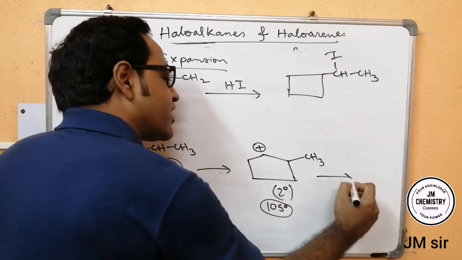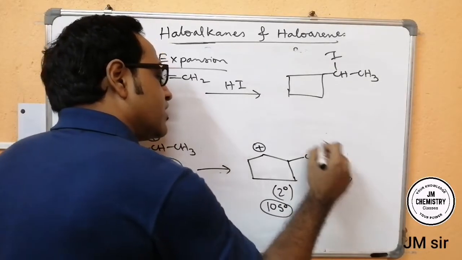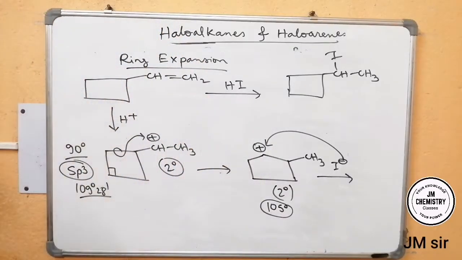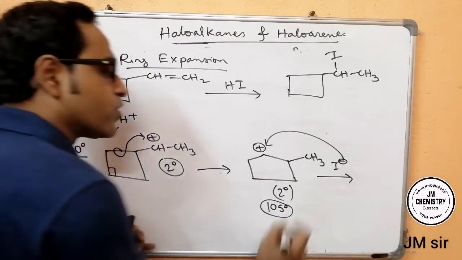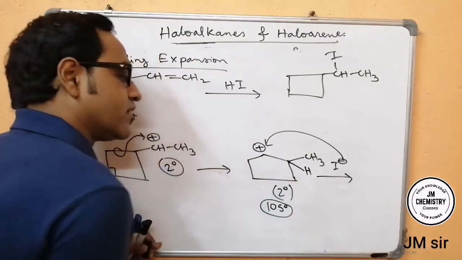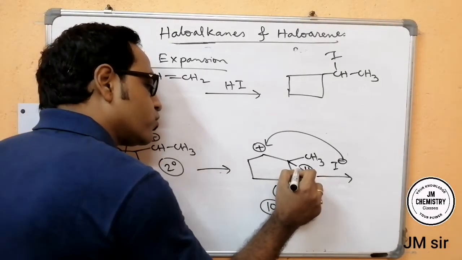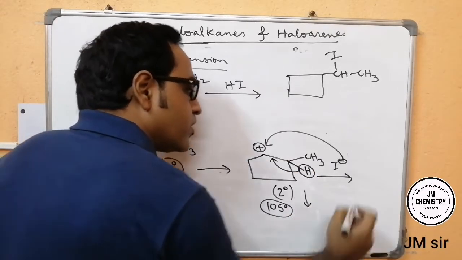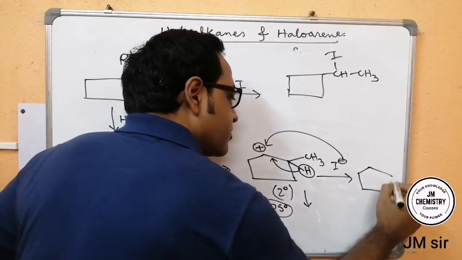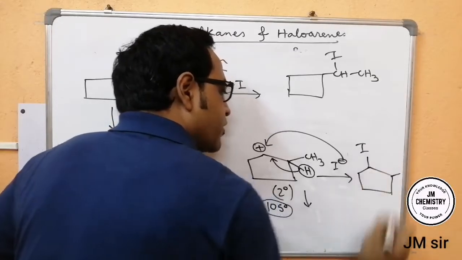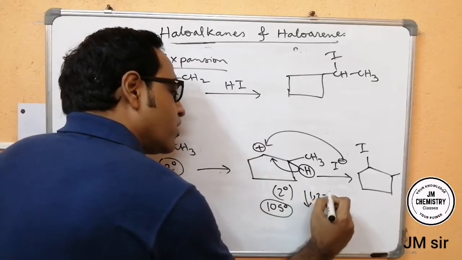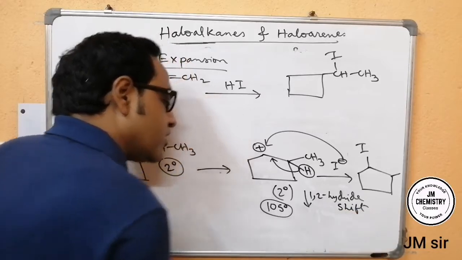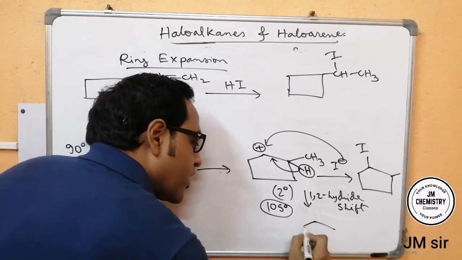So this will give the final product. I minus will combine at this center. You may get other product also. Why? Because there is one hydrogen here, so this hydrogen can also shift. So one product is like this. You are getting iodine here. 1,2 hydride shift. And finally, you will get a carbocation like this